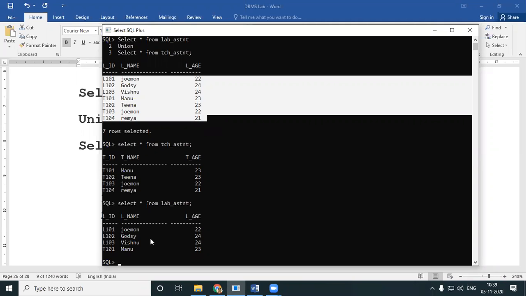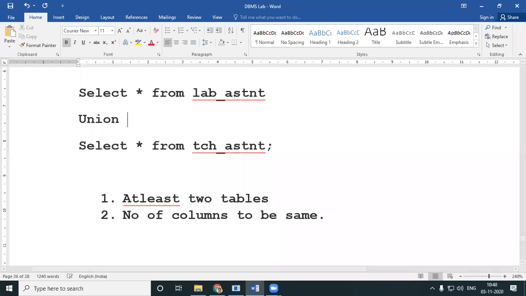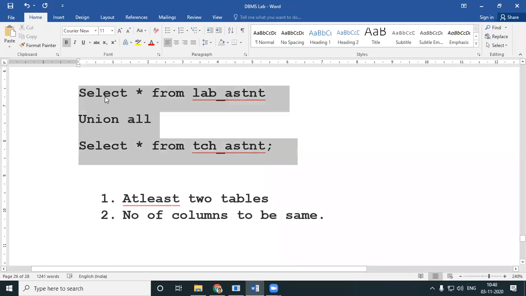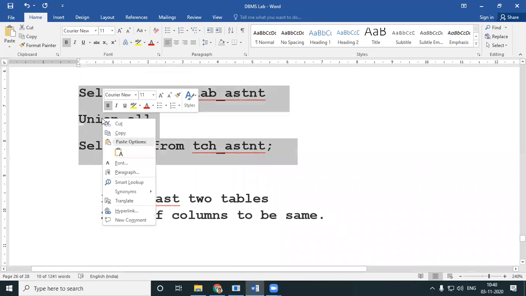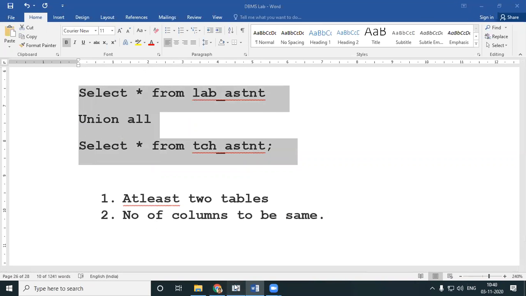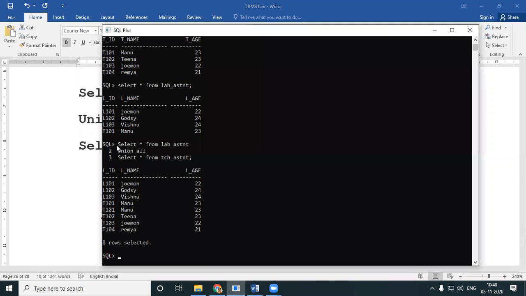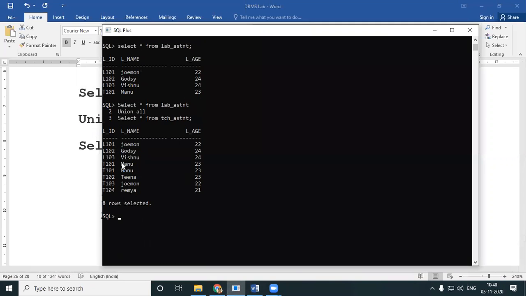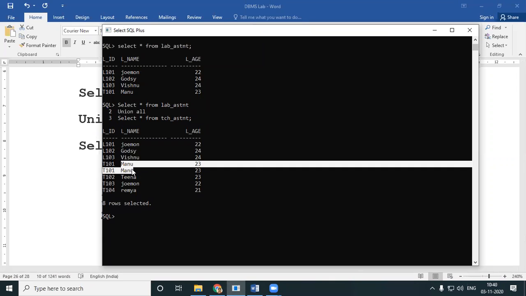With union all, everything would be taken. If I give union all, look here, all the 8 would be taken. See, Manu is repeating.